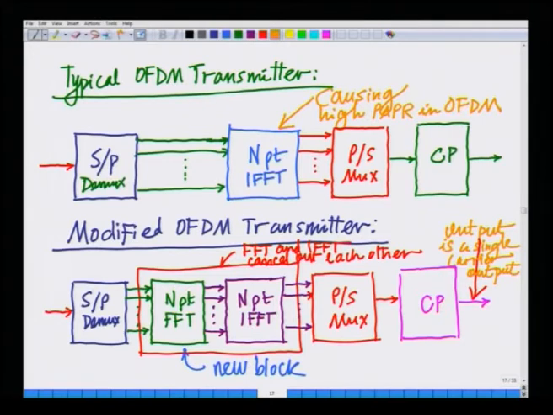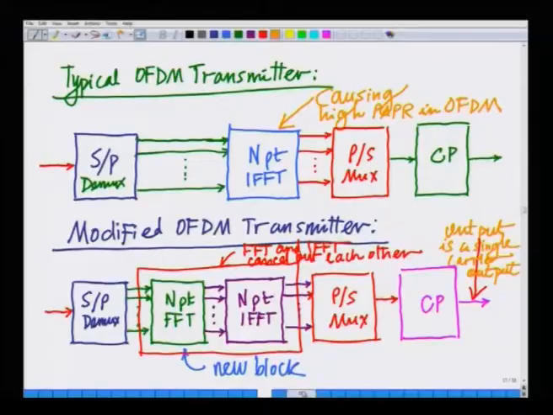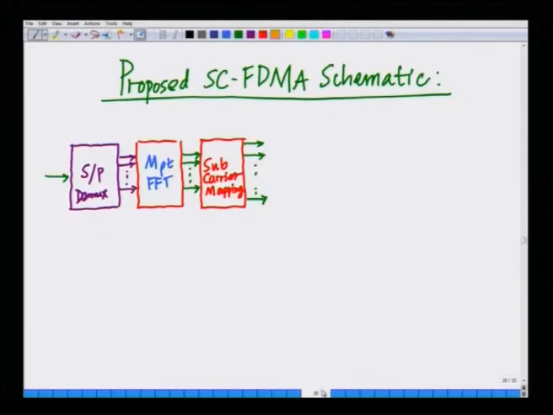Hence, what I want to do is introduce an FFT block before this IFFT. However, I do not want to do an N-point FFT, because that will go back to the single carrier system and intersymbol interference. I want to do something in between the single carrier system and essentially OFDM. So, I am going to choose an FFT size M, which is much smaller than N, and then map these M symbols onto N subcarriers. Hence, the net schematic looks as follows. I take these M symbols, perform their M-point FFT,